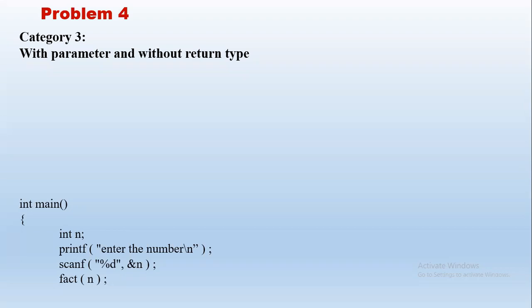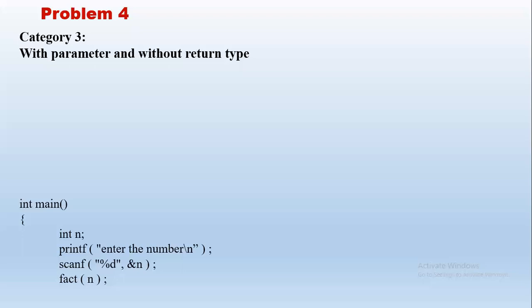Similarly, whenever we are writing a program with functions, we can choose any one of the categories. There is no advantage of time with respect to categories. Which category to use depends on what application we have, what program we want to write. In that case, we can select whichever is feasible. Out of the 4 categories, we can see which is more useful for our program, and select one of them.